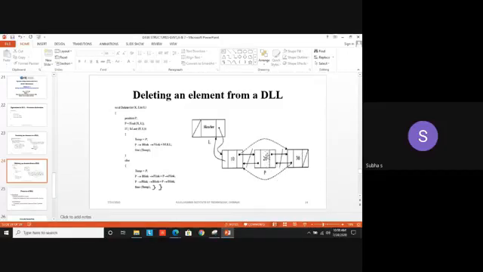Okay. Now the 20 forward link will be pointing to null. We can't mention it as P arrow F link equal to null. It has to be mentioned as P arrow B link, it's F link. You are making it as null value. So I have deleted 30. Now 20 is the last element in my doubly linked list. Got it?